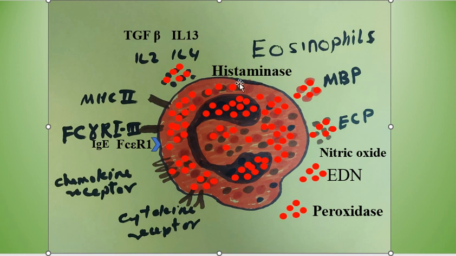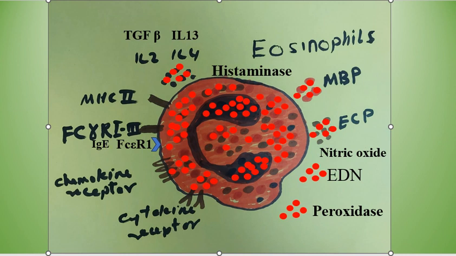Also, eosinophils express major histocompatibility class 2, chemokine receptors on their surface, and complement receptors, or receptors for complement 3, CR3, and they express Fc epsilon R1, which is a high affinity receptor specific